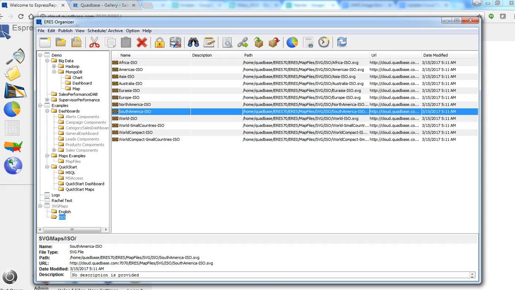Open up this one. It's just a map image SVG file. And once all these files are stored in the organizer, they are ready for you to publish to your users. And in time, there might be too many files, too many visuals or whatnot in your organizer. And one feature that could come handy is